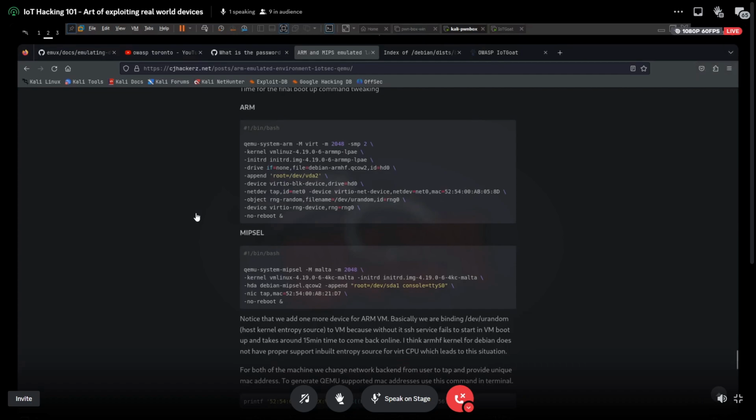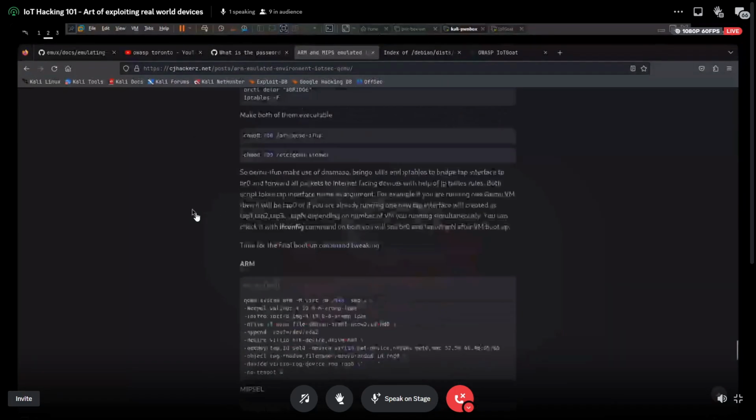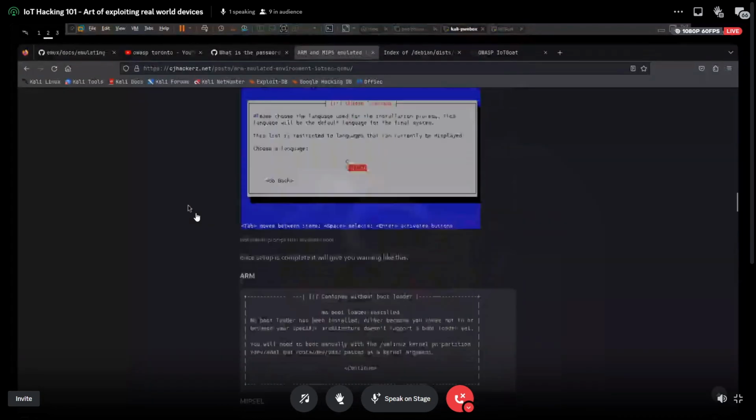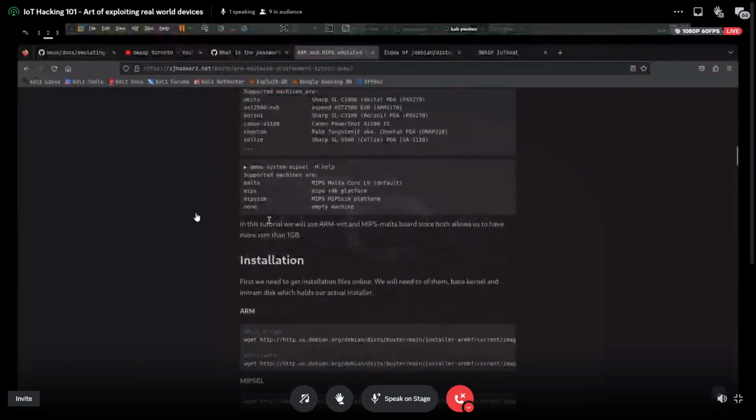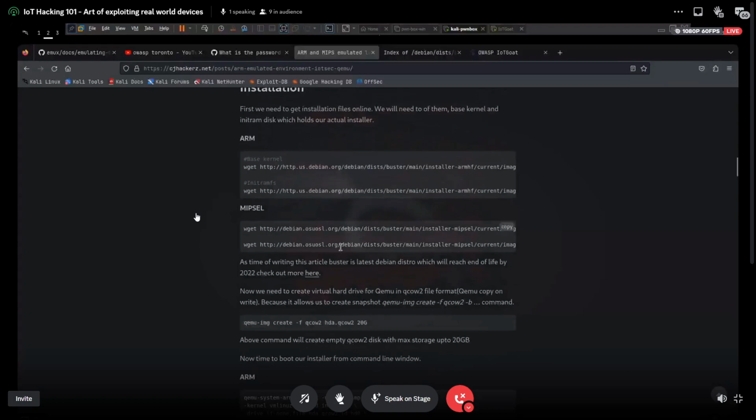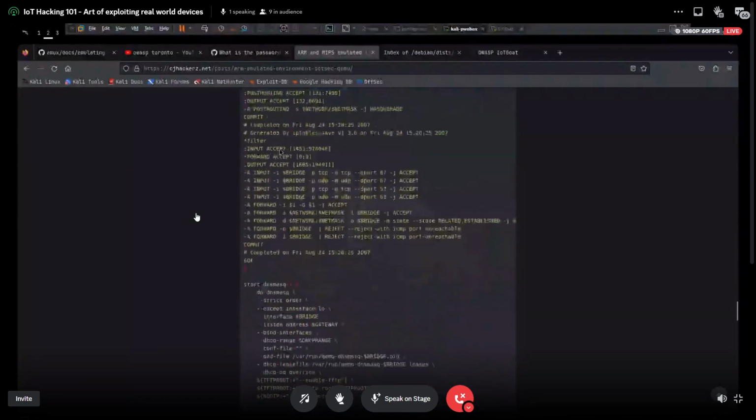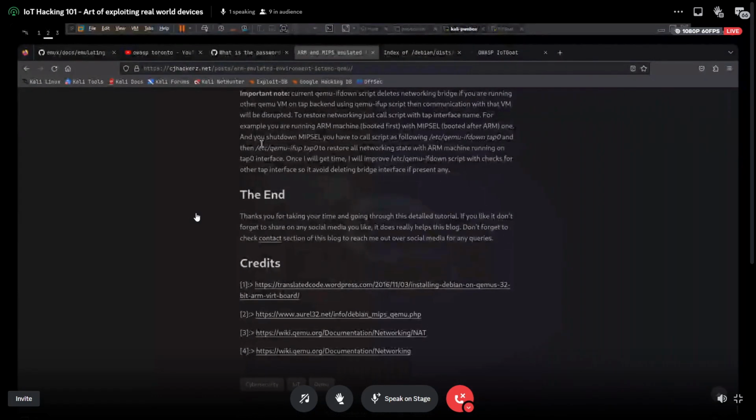So that was one small demo regarding IoT I was able to cover, to show you how you can set up this whole ARM lab environment on your own, completely. And feel free to make a tool or a script out of this blog. I would be much happier if you create an open source script which can automate this entire process, and just do it in one single command and boot it for you.